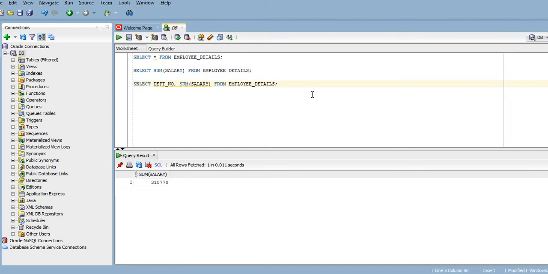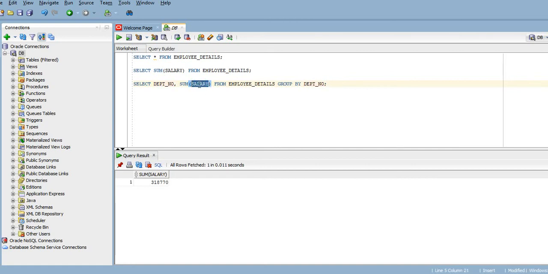To do that, we need to write a group by command. Group by dept num. So this is the way to write a group by command. Over here we are summing up the salary based on the department number column. The same column we are using in the group by, as I have said, based on the department only we are trying to group up the sum of the salary.